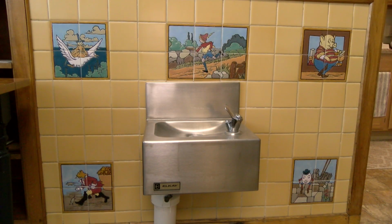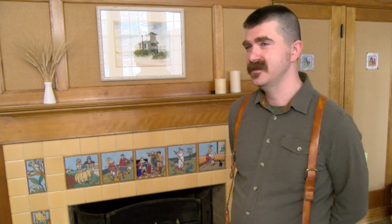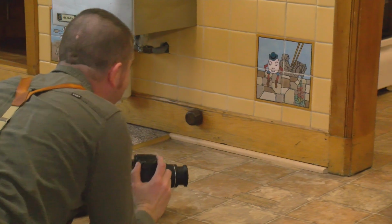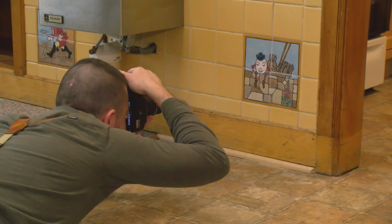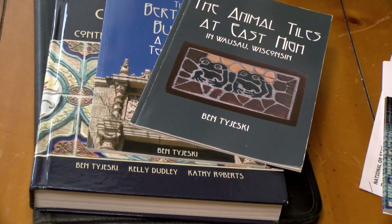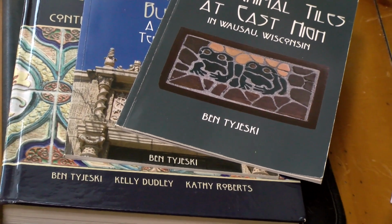The tiles were made by the Mosaic Tile Company in Zanesville, Ohio. This was one of the few companies that were still around in the United States in the late 1930s that were making tiles like this. Ben spent a lot of time photographing the tiles from all angles during his visit. He plans to use the photos in a book highlighting art tiles made for schools in Wisconsin during the 20s,